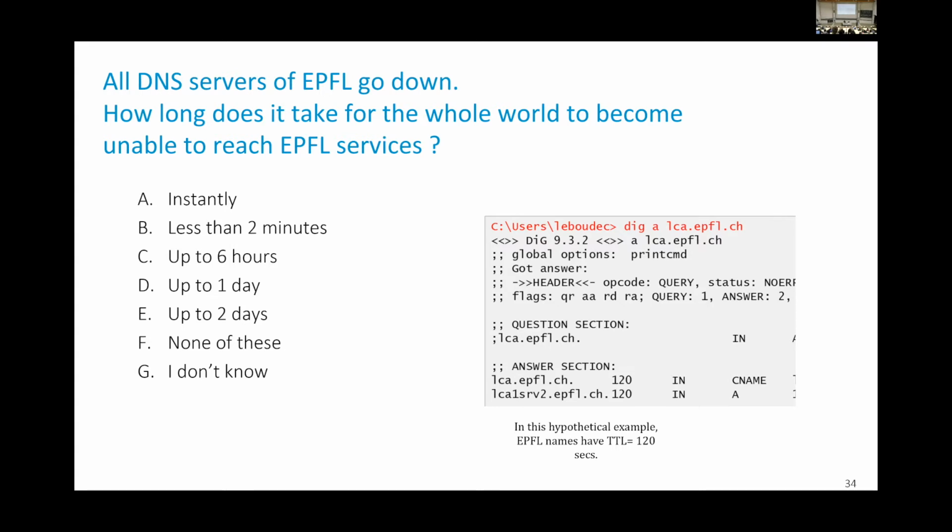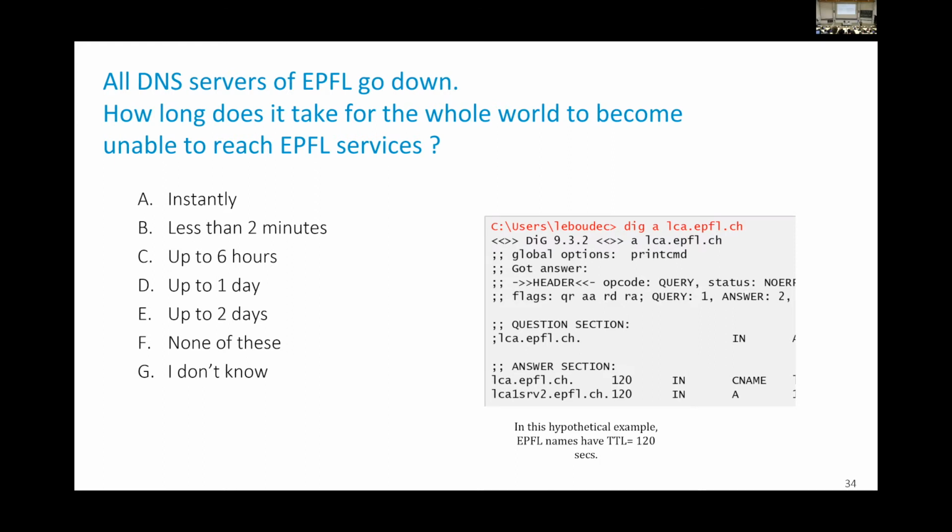And of course, the answer is B, because in this hypothetical example here, the TTL is 2 minutes, which of course Epfl doesn't do, but if Epfl would do it, that means that if all servers go down, then all the cached values, if nobody manipulates the caches, will expire after 2 minutes, which means it's quickly unreachable. In fact, Epfl does the other way around. It does it, I believe, 1 day or even 2 days,